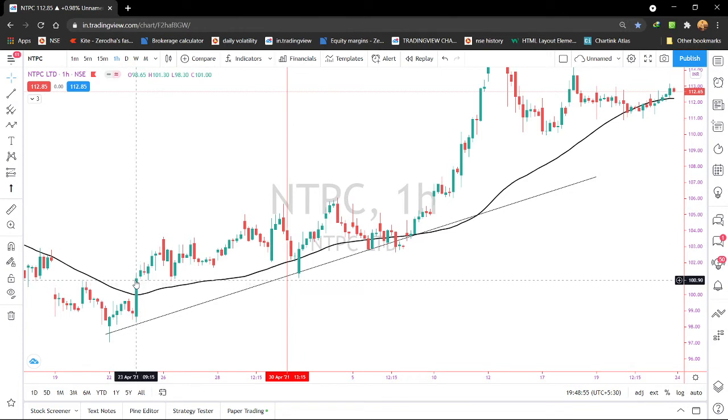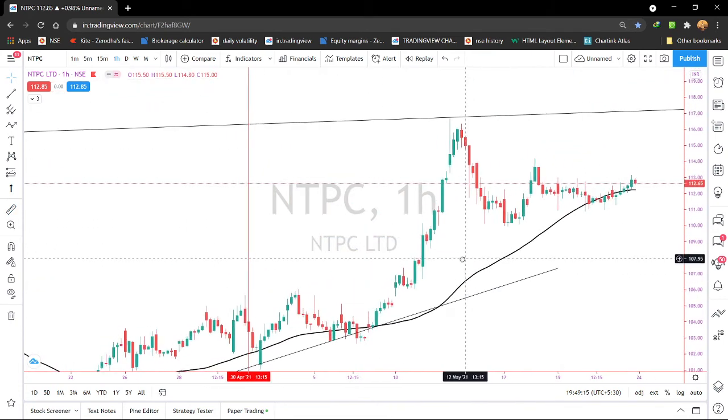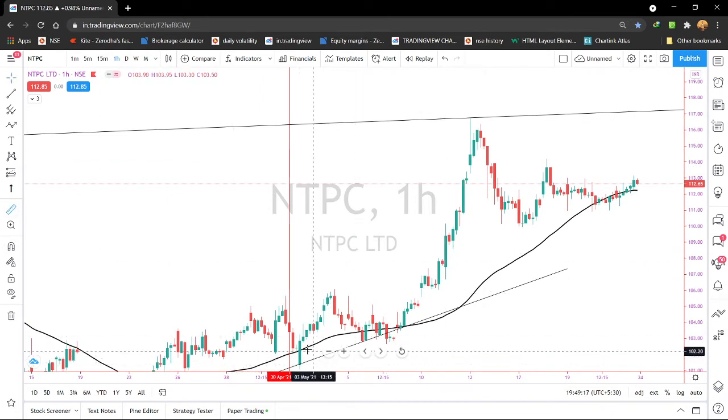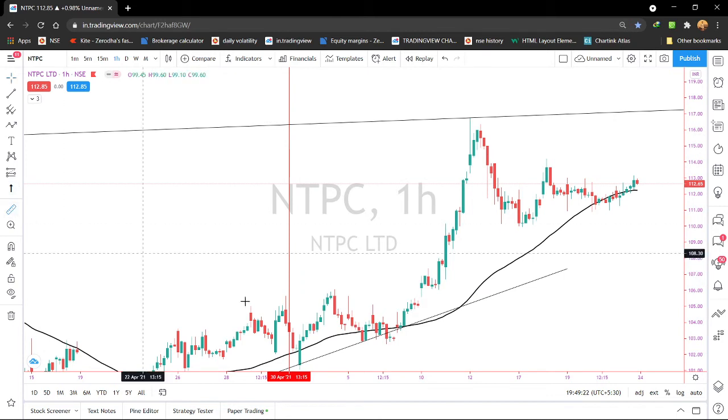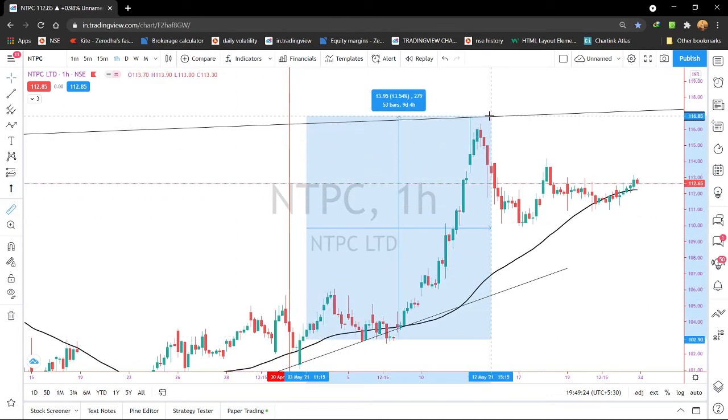See here, in the month of April, it has crossed the 50 moving average. It has traded above, and there was a support. It was trying to take support. Now it has taken support. There was a gap down again, broken it up. So this will be our entry point on 3rd May, and we have to ride it. We have to ride it till where we can ride it. Okay. See, it has given around 13% in just 9 days, 4 hours.